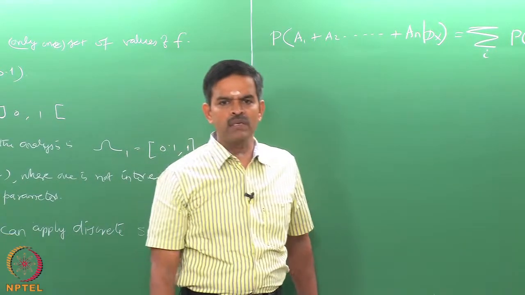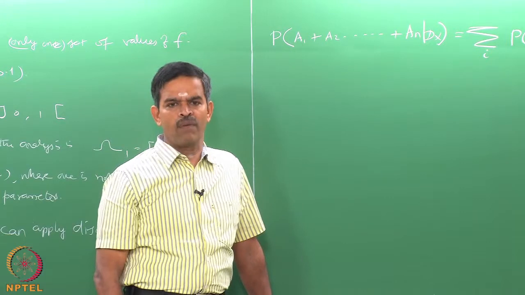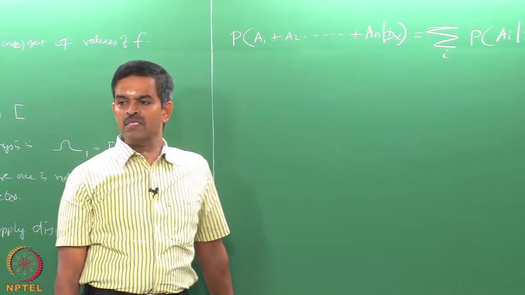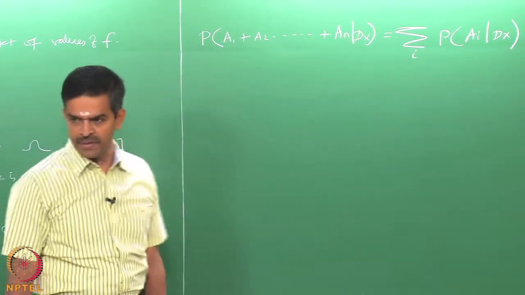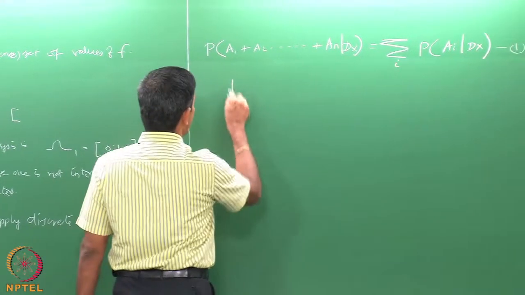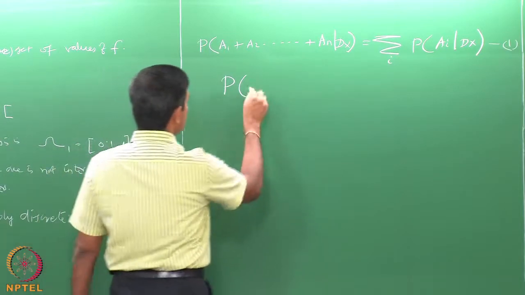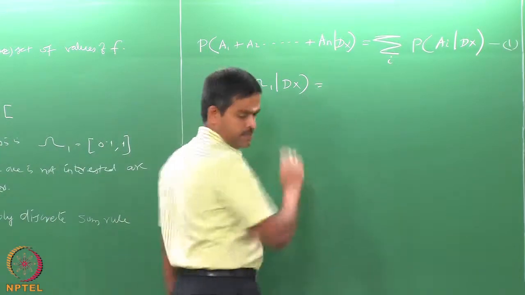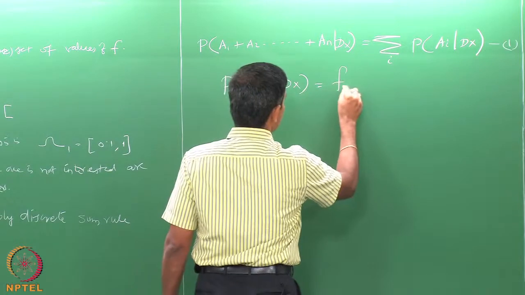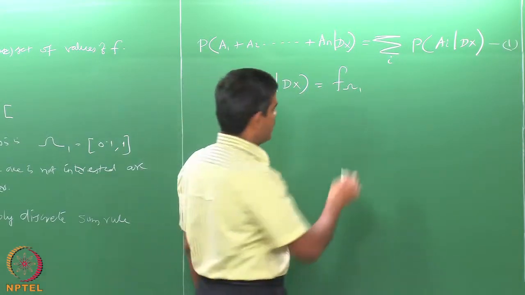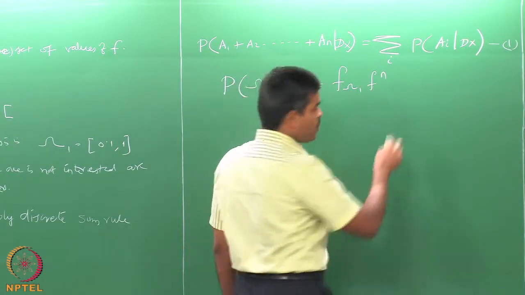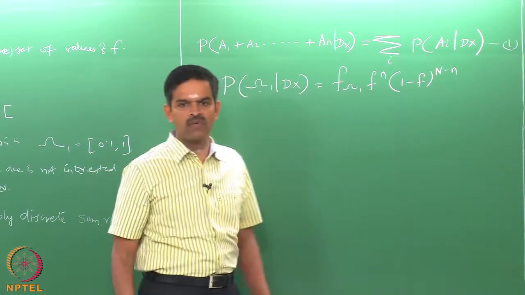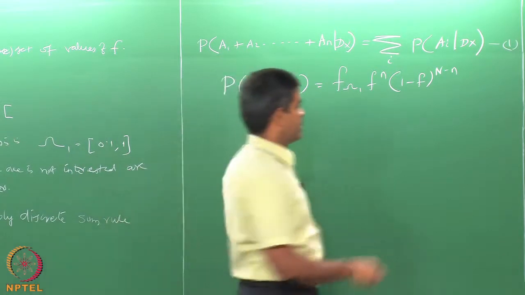Now, the above equation, which is 1, can also be generalized into an integral form as the variable Ai becomes more numerous. In that case, one can easily get rid of the nuisance parameter by integrating it. Let us see how. So, probability of given dx, where I am looking only at the subset, is given as the integral over sigma 1 of f to the power n, 1 minus f to the power capital N minus n, where capital N is the total set of values you have observed and n is the number which have failed,